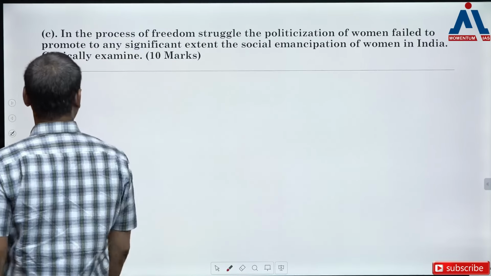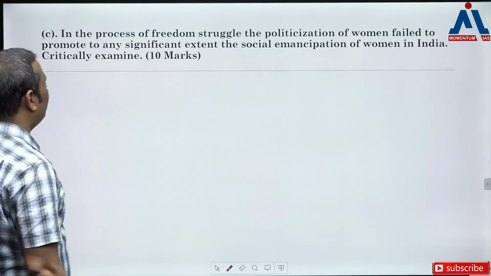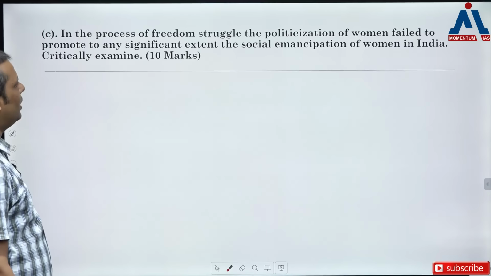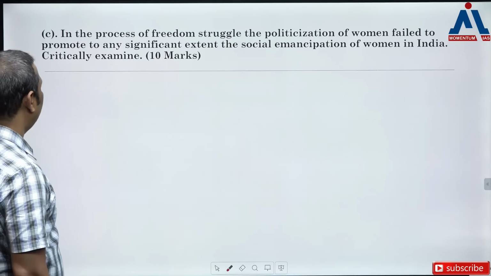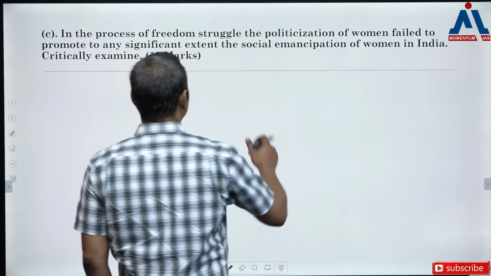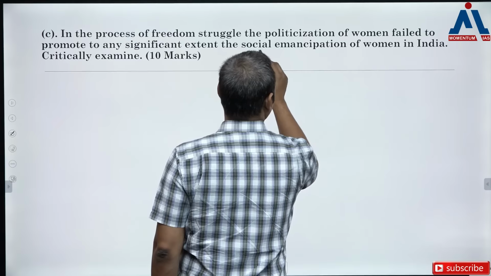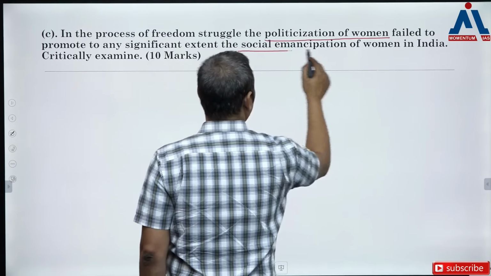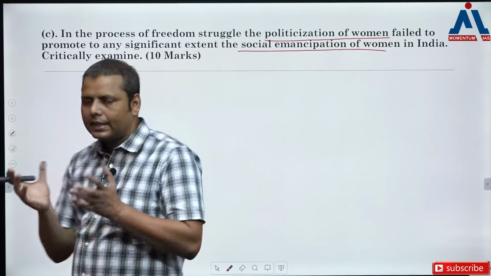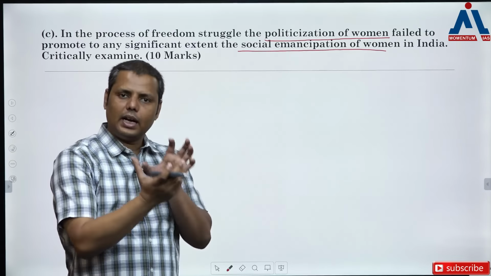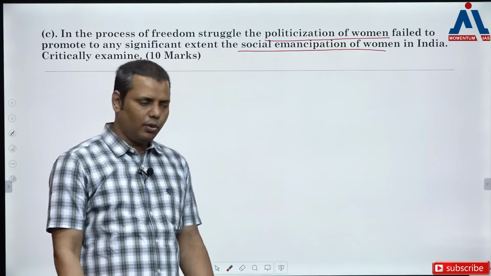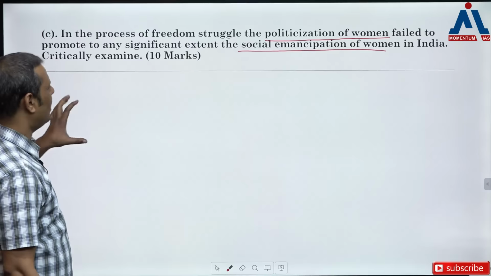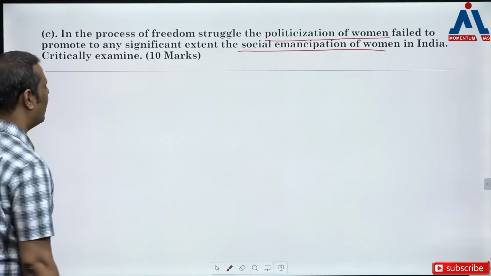Okay. Next question. In the process of the freedom struggle, the politicization of women failed to promote to any significant extent the social emancipation of women in India. So, politicization of women and the social emancipation of women: to what extent these two ideas are linked, whether they are linked or not, this is what you need to prove. अब आप जिस इस क्वेश्चन की बात करेंगे तो सबसे पहले तो आपको ये प्रूव करना पड़ेगा कि there